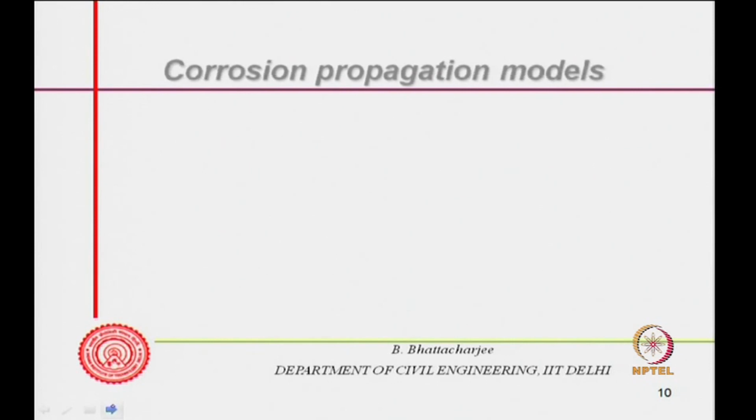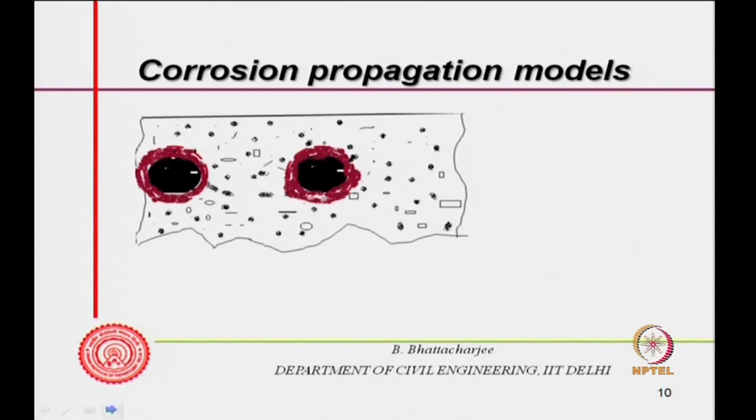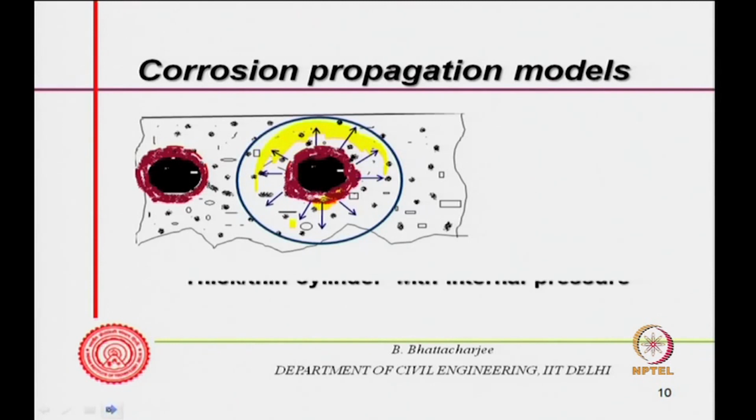Now, the phenomenon is looked upon like this. This is your concrete and this is the rebar. The corrosion has occurred here, here, and here; the red color shows that corrosion product has formed. This will exert a kind of pressure. Those people who use cylinder theories assume this is your cylinder, but otherwise you can consider a continuum. The pressure exerted outward will cause excess strain as well as stresses in this zone, and one can solve the problem of elasticity and find out the time of cracking of cover